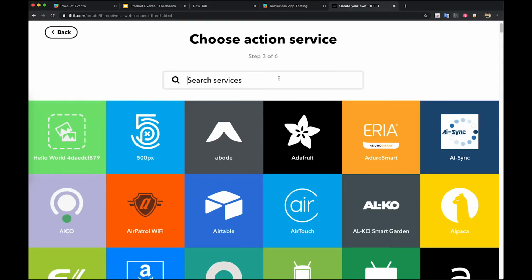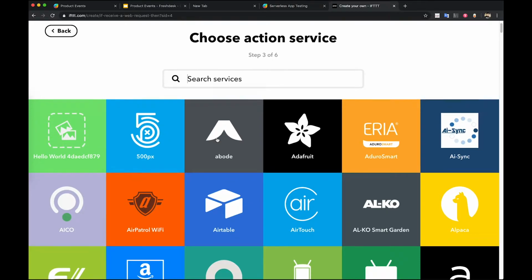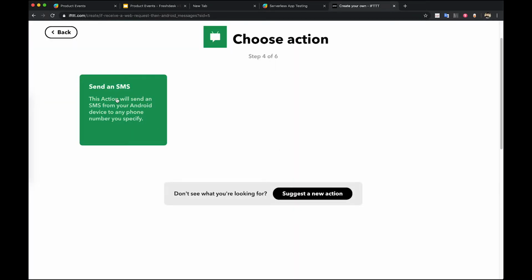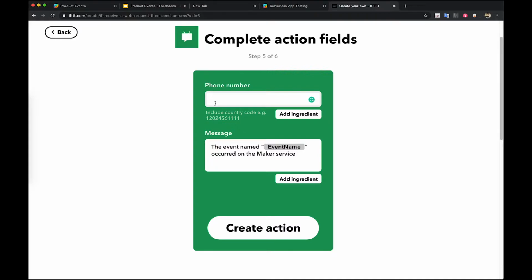Okay, now we need to choose a service, or basically the action that needs to be taken if something happens. So I'm going to send an SMS. I just picked the send an SMS service, and I'm going to provide my phone number. This is very simple, guys. So this is also just for demonstrating the event-driven nature of the product events. Let me just give some message here. Hey, you got a new ticket,